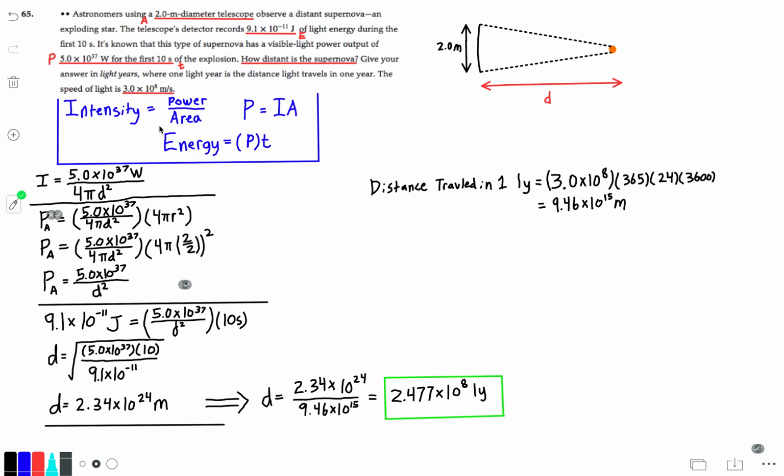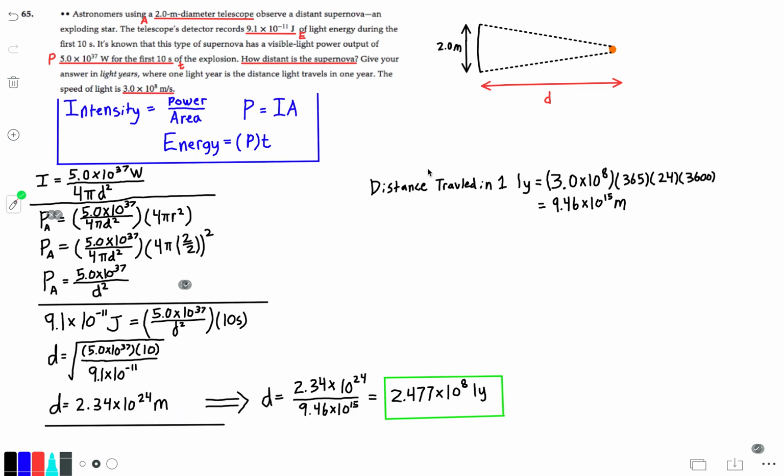From here, we can plug into our energy equation, and we're going to be setting it equal to our energy in the problem, this 9.1, and our time here, which is 10 seconds. After a little bit of rearranging that I didn't feel like writing out using the mouse, I got that the distance is equal to this right here, and it's the square root because we solved for the square of our distance. This is the value that I got for distance, but notice it's in meters,